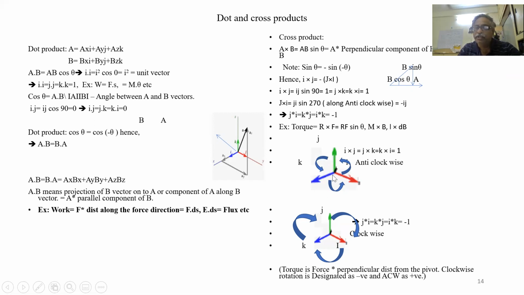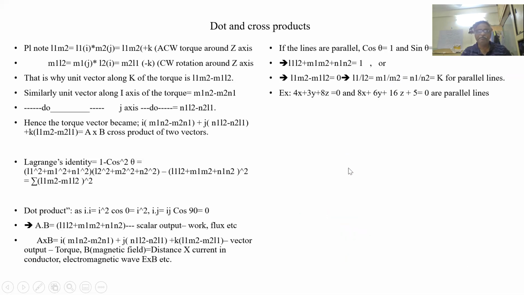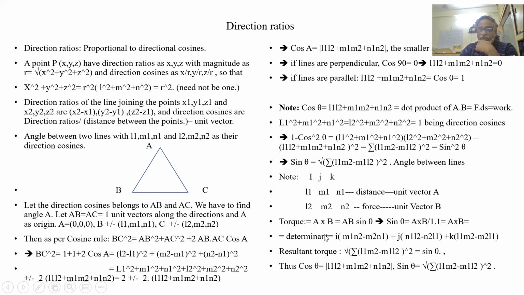When it is J cross K, it is rotating anti-clockwise in the plane of JK, the YZ plane. It is rotating about the x-axis. So rotation about the x-axis is anti-clockwise, that is positive. That is why this minus comes. So what is the vector? This is the vector. So what is the quantity? Root of x square plus y square plus z square. This is what we got here. The resultant torque is root of x square plus y square plus z square.